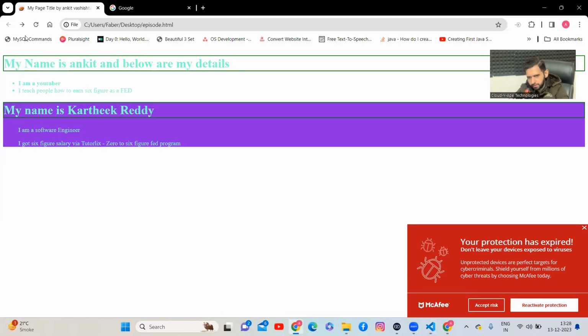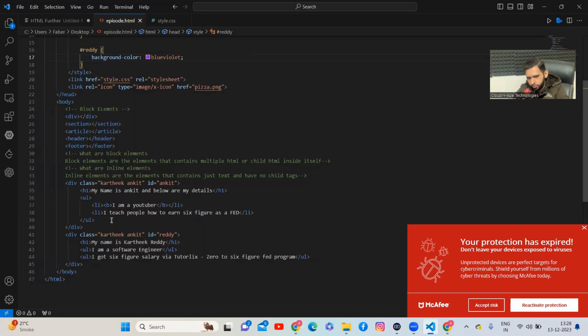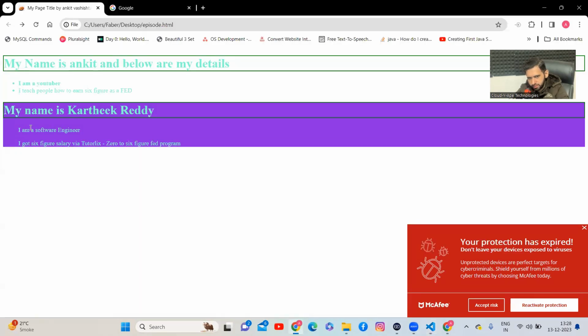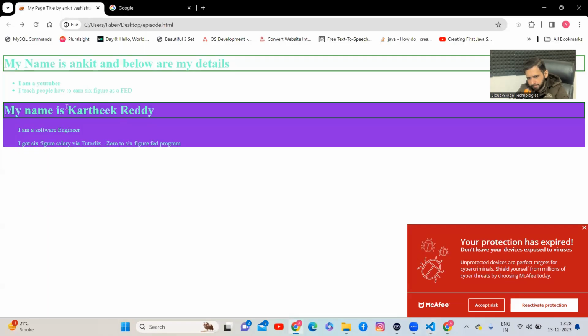Okay guys, so the Karthik class is applied to both, and due to this both are blue, and since the blue violet is applied to only the ready ID, it is only blue violet. Okay guys,